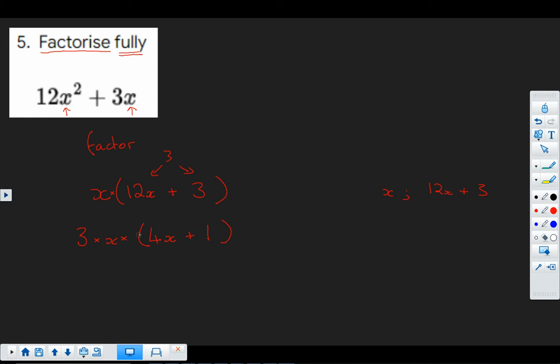And that's it fully factorised into these 3 factors. Now, we're not going to have these multiplication signs in, they're just there to make it clear to you why we've done what we've done. So our fully factorised expression is 3x times 4x plus 1. The nugget to go and practice on Century here,